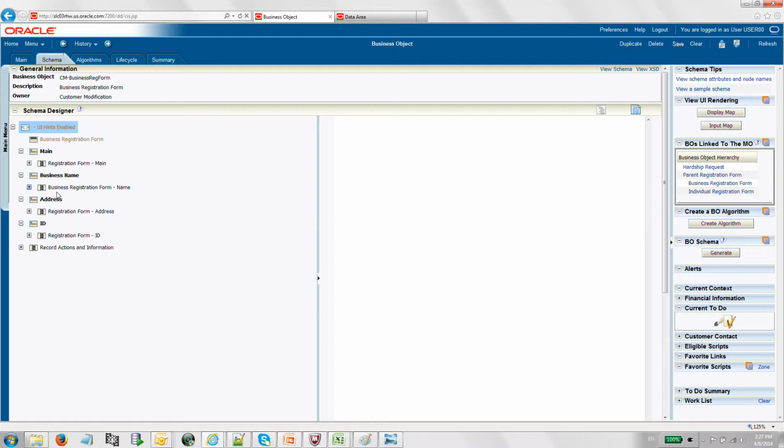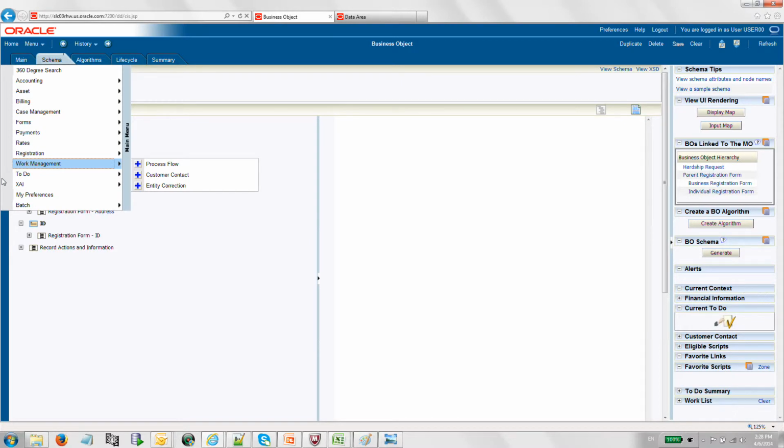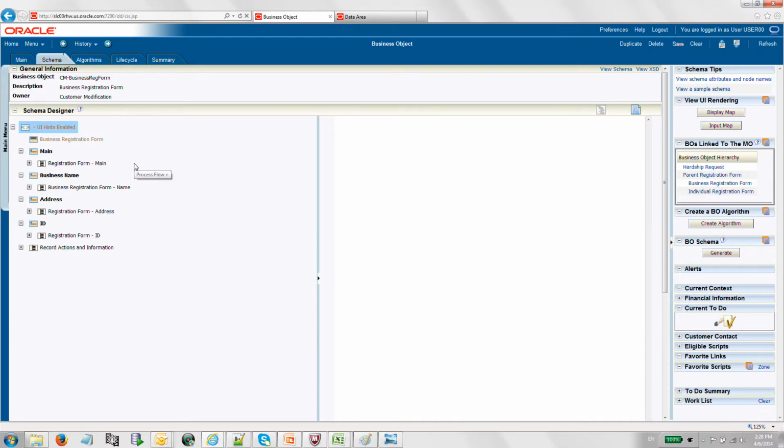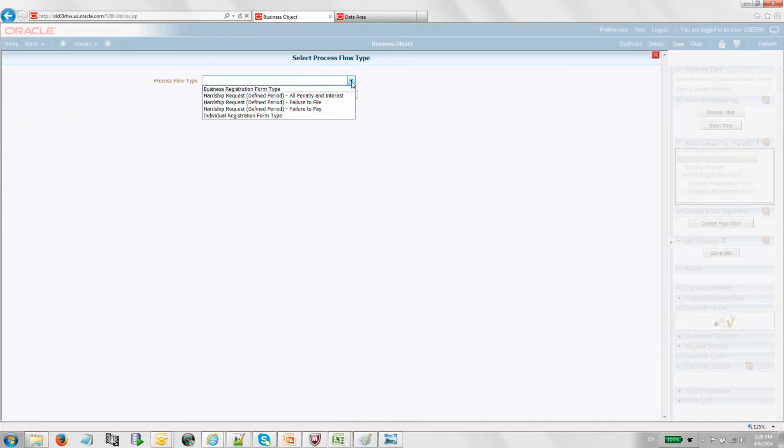I mentioned already that there is a usability benefit, just simply if I want to reuse a piece of data elements in different places, so that's clearly an advantage. But this is another slightly more subtle benefit. I'm able to actually rearrange my BO, in this case the child BO, without needing to just include the parent in the order that the parent has it. So if I actually now create a new process flow, new registration form, but this time I'm going to use the business one,